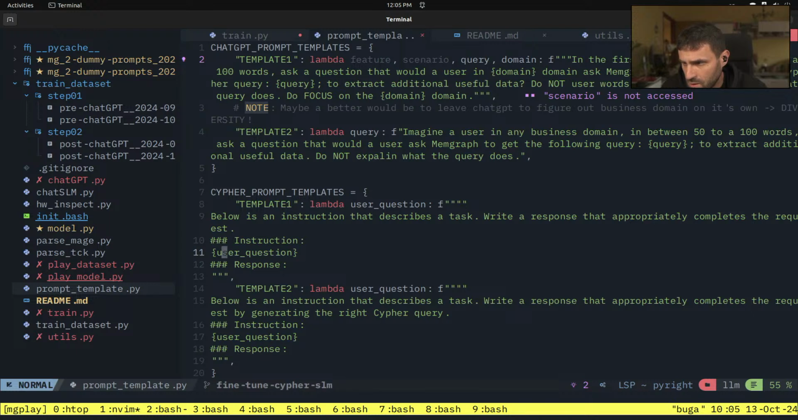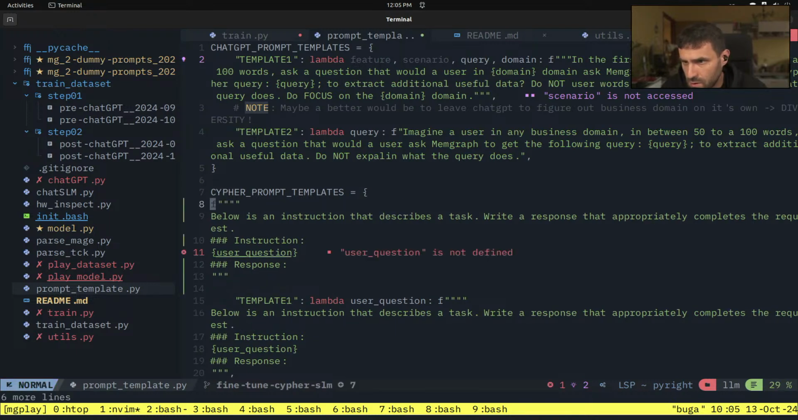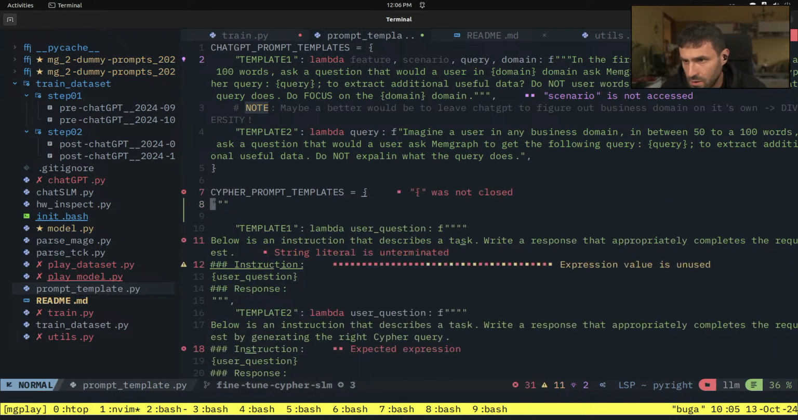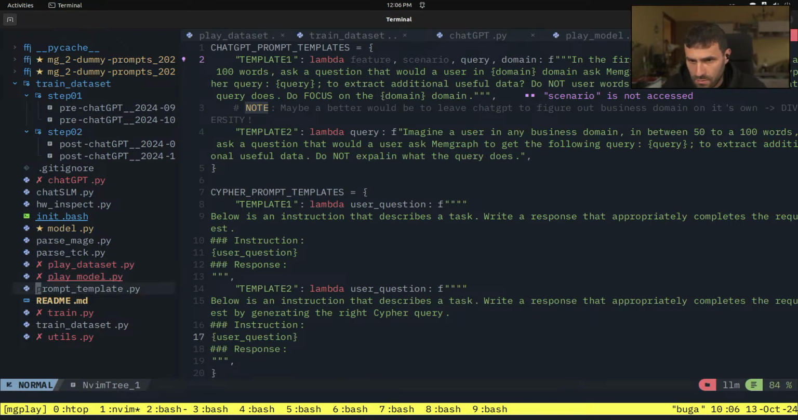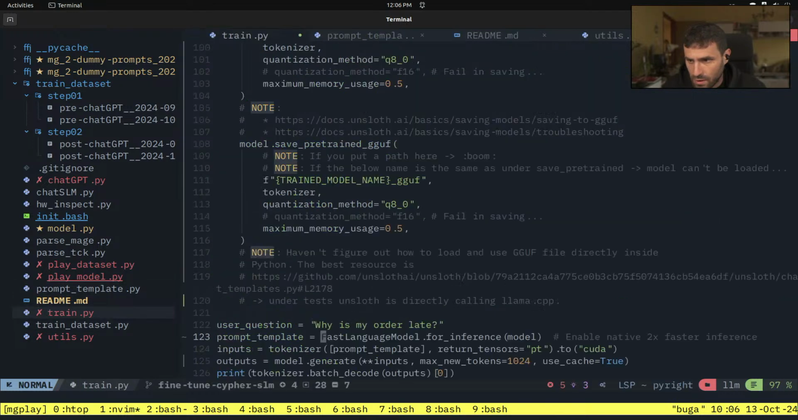I think we actually have that as template 1. So below is an instruction, right? Yes, exactly. That's the template. Great. I actually copied that for no reason. That was stupid. We actually have template 1, Cypher prompt templates, template 1. So if I go under train,